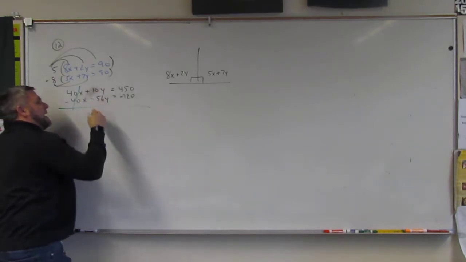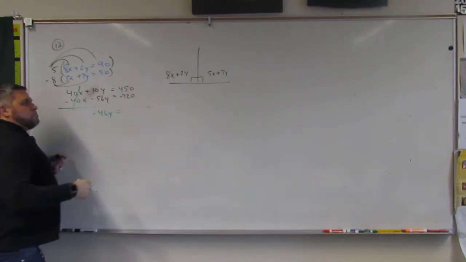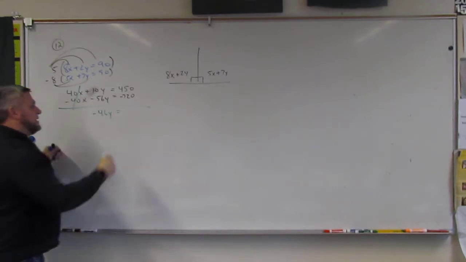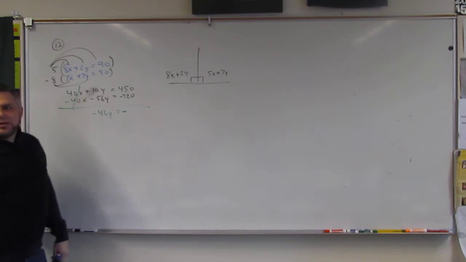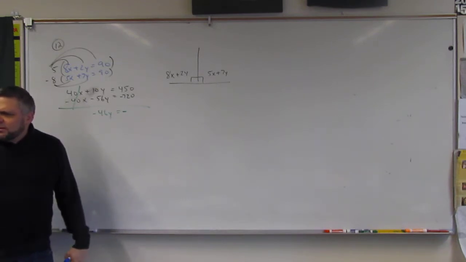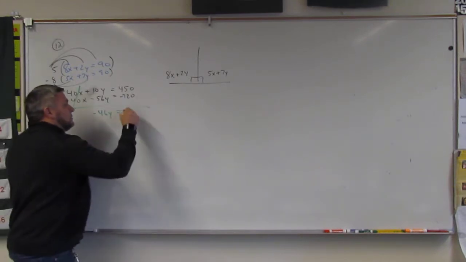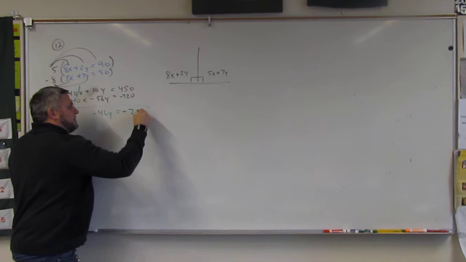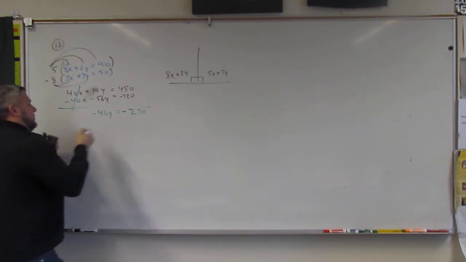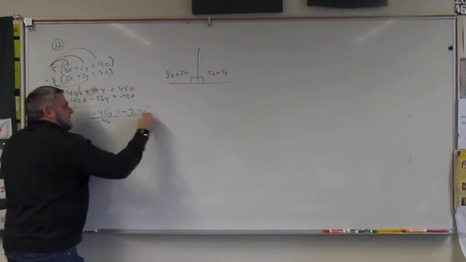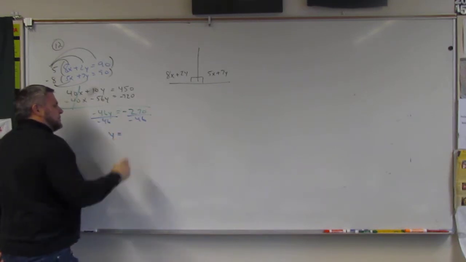So then I get negative 46y is equal to, and then the difference between that will be still negative, right? And it looks like, well, 500 from 720 would be 220, right? Yeah, and then another 50 would be 270? It'd be negative though, right? Yes. Negative 270, correct? Mm-hmm. Okay? And then I want to divide by negative 46, divide by negative 46, and that's y is equal to,